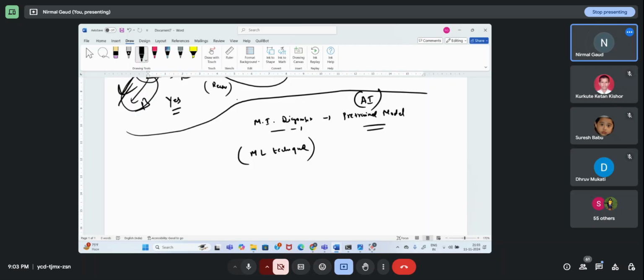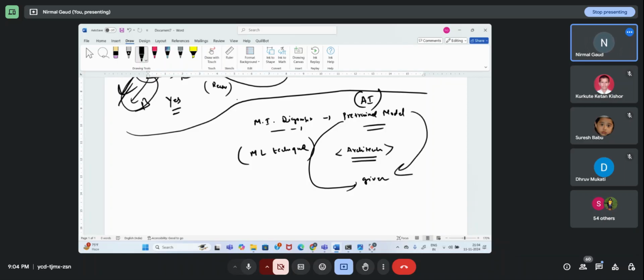Sir, a pre-trained model, that means it's already trained. You are saying that something which is already trained over images, that's what you are going to use. Yes, I'm going to use that, which is already trained on images. Is it necessary, sir? No, it's not necessary. You can create your own architecture. Either you can take a pre-trained model's given architecture, or if you make your own architecture, not an issue. We do this too.